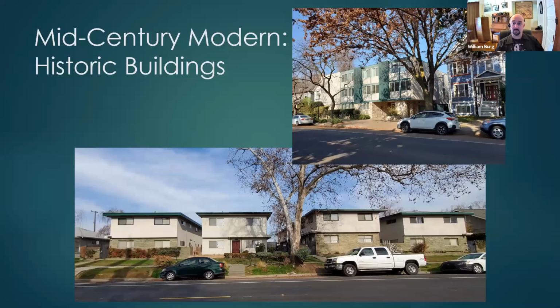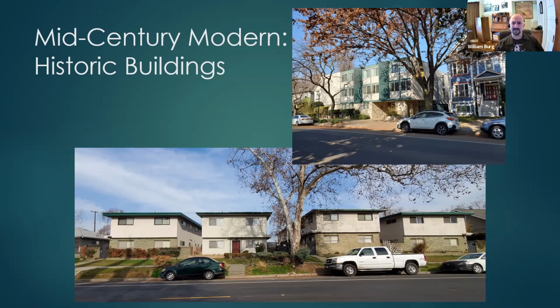And then groups like Sacramento Modern, who work closely with Preservation Sacramento today, have really brought an awareness to the beauty and utility of mid-century modern buildings. So this sort of rectangular apartment building, while it's kind of ungainly, used to be decried because they were typically put up where old Victorians had been demolished. Now they're old enough to be recognized as historic buildings in their own right. Not all of them are going to be eligible, not all of them are going to be listed, but they're all useful housing. They are that filtering housing that isn't necessarily the prettiest building, but it's cheap because it's old.